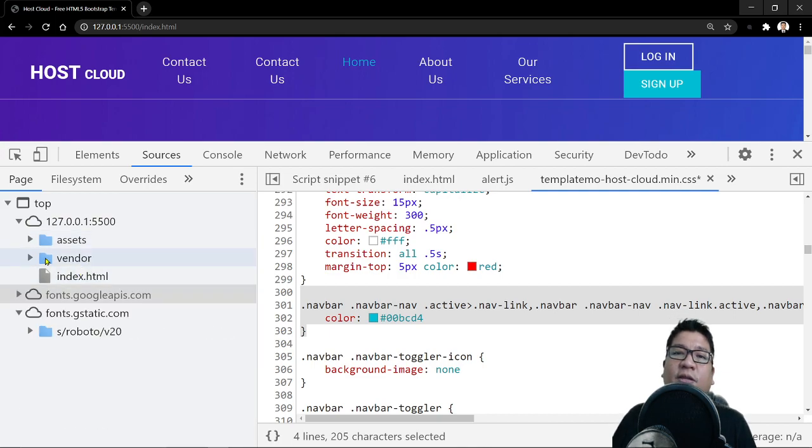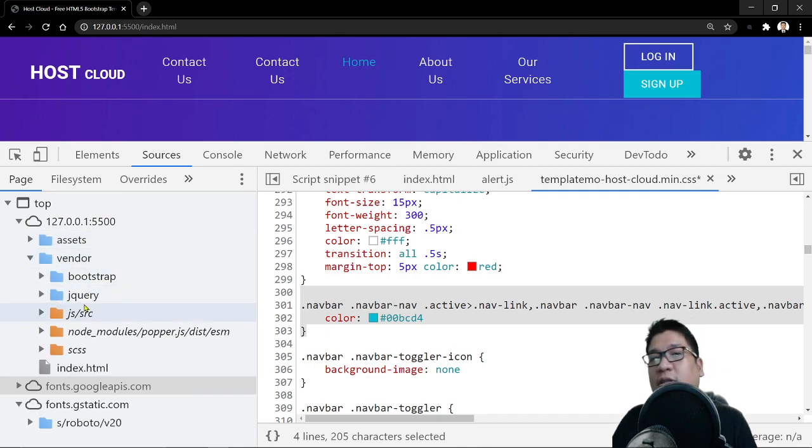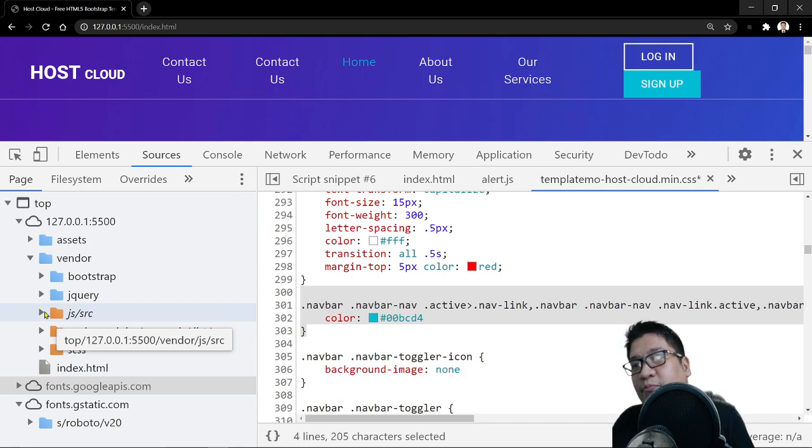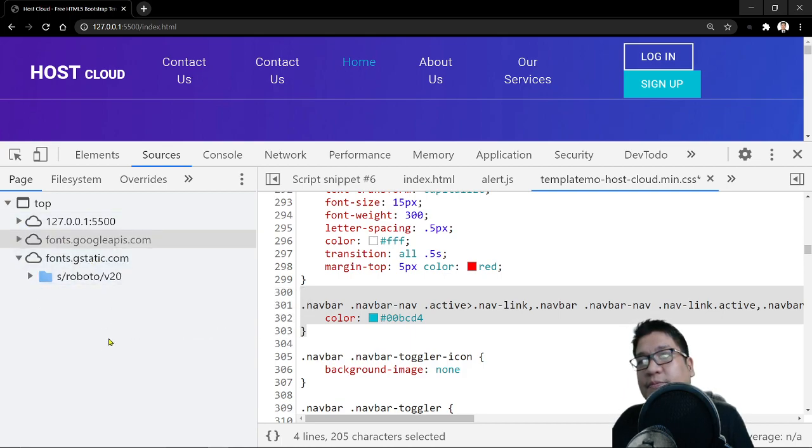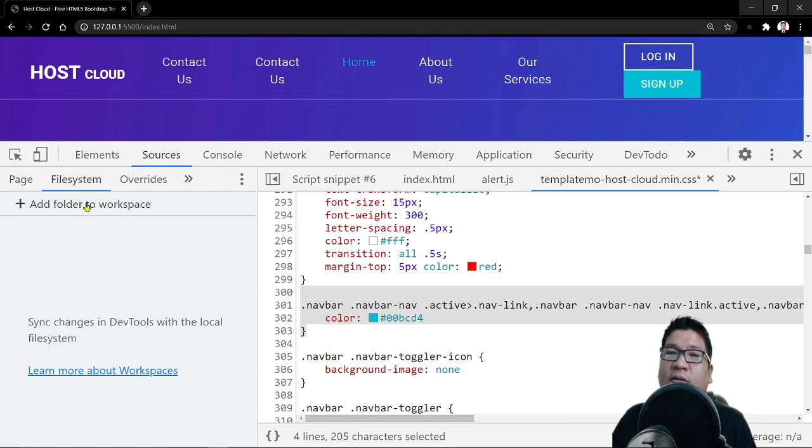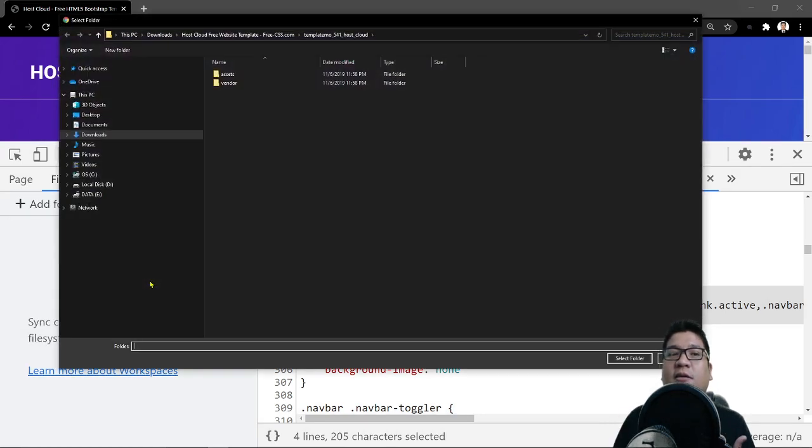However, you cannot really change the scripts here because it is being served. But if you wanted to do that, we can synchronize the local copy of yours to Chrome,